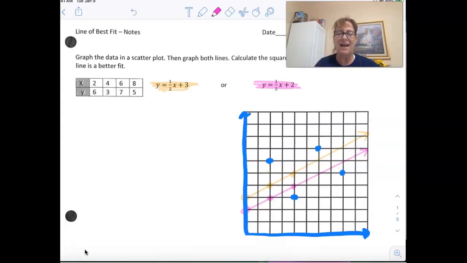So now that we have two possible lines of best fit, we have to calculate what is called the squared residuals. This is a measurement that tells us how far away from the line our true data points are. And when you calculate the squared residual for each line, the one with the lowest value is the line of best fit. So the way we're going to do this